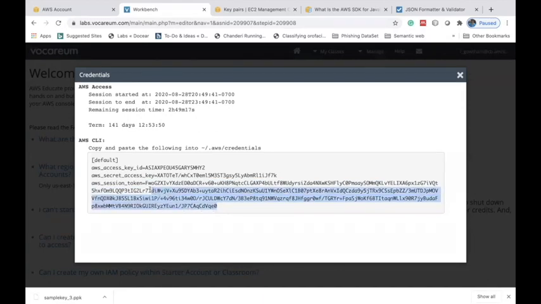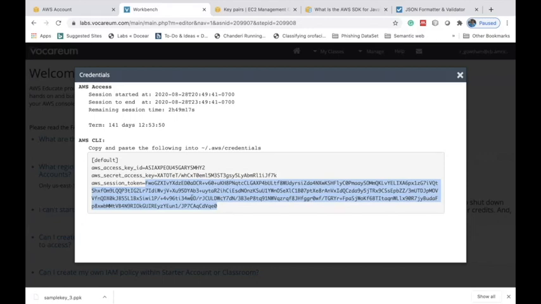You're supposed to copy this session token and give it in the Node.js program. This particular step is very specific to AWS Educate accounts only. If it is a regular account, you can skip this step.